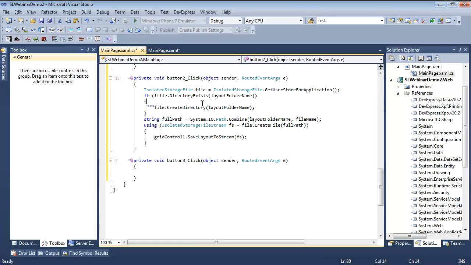If it doesn't, we'll create it. Now, we'll set the full path. We'll create a path for the file name that will include the folder name and the file name, and then using that path to create an isolated storage file stream, we'll use the SaveLayoutToStream method of the grid control to save it to the